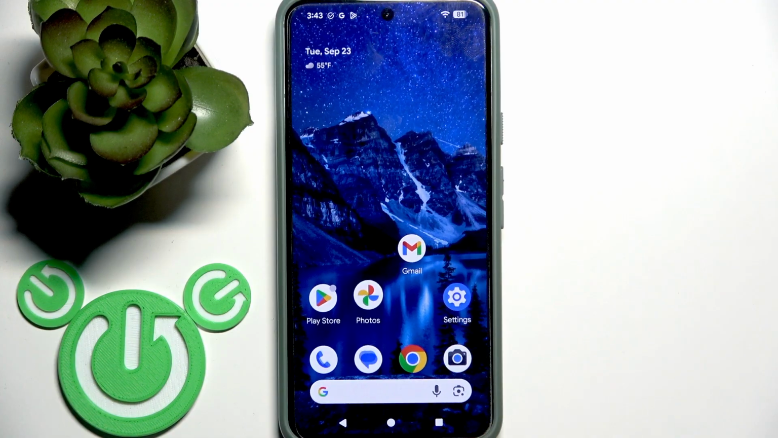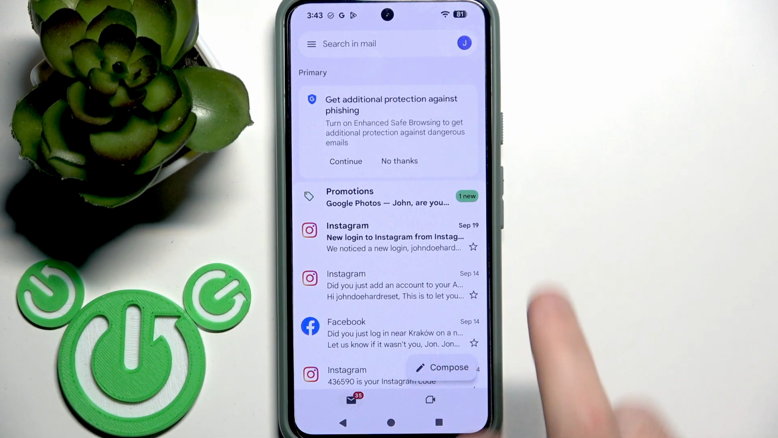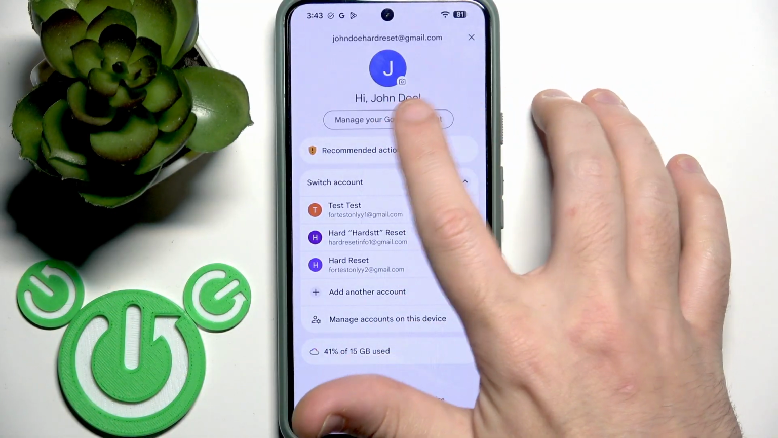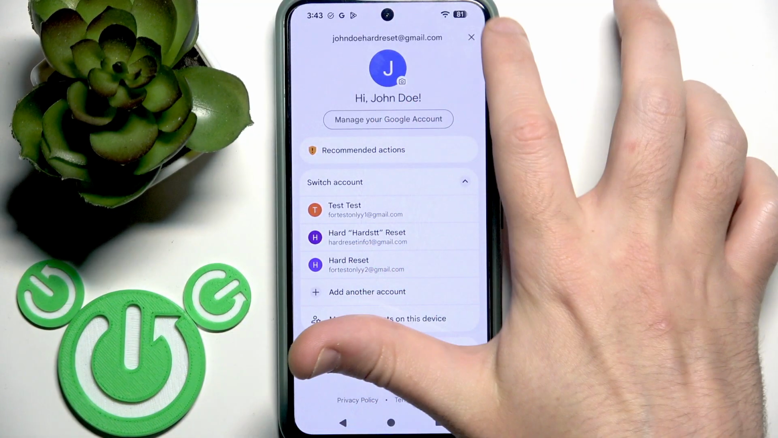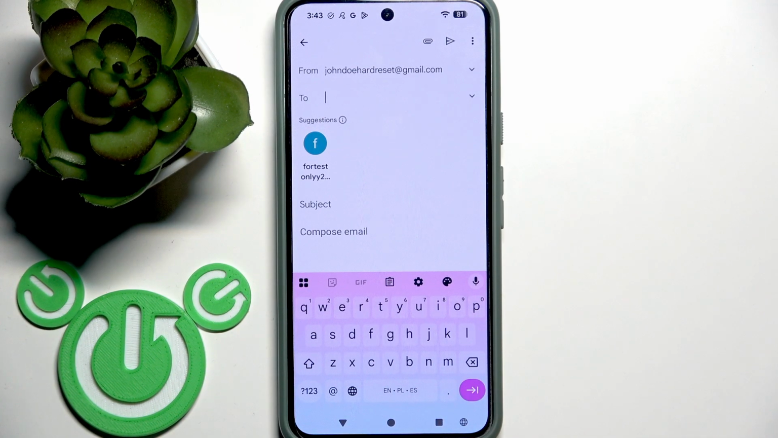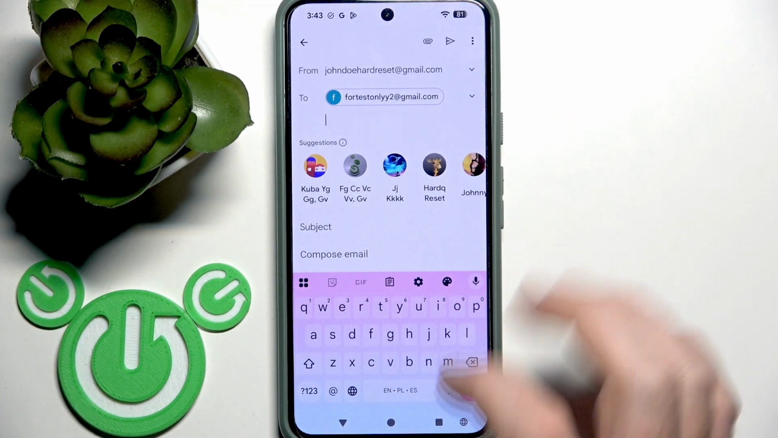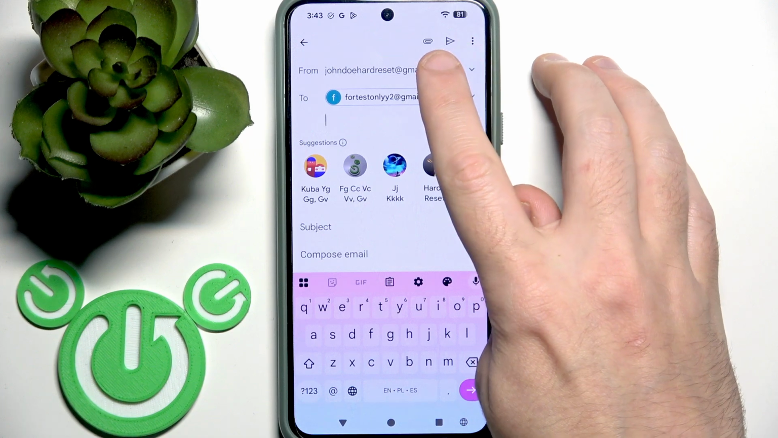The second option is to go to Gmail. Then click Compose at the right bottom. Oh, and also make sure that you use your correct account and switch to another account if you use not your. So Compose. Then I want to send it also to this user, and click